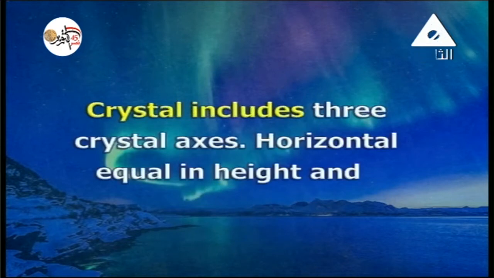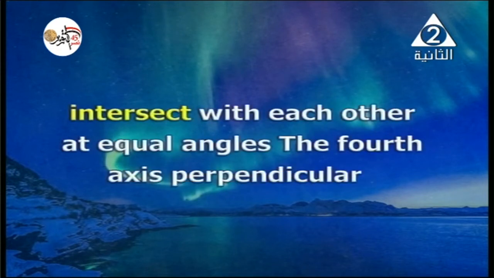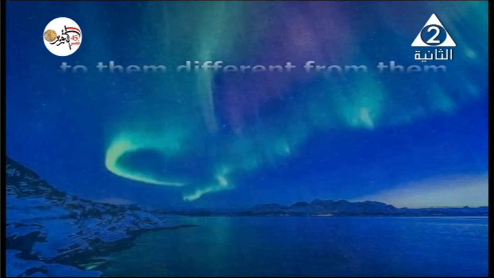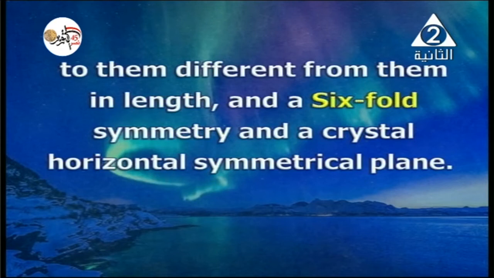Crystal includes three crystal axes, horizontal, equal in length, and intersect with each other at equal angles. The fourth axis is perpendicular to the horizontal ones and different in length, and we have six-fold symmetry and a horizontal symmetrical plane. This is very important. We have a horizontal symmetrical plane, because we have a similar condition in the trigonal system, but the trigonal system